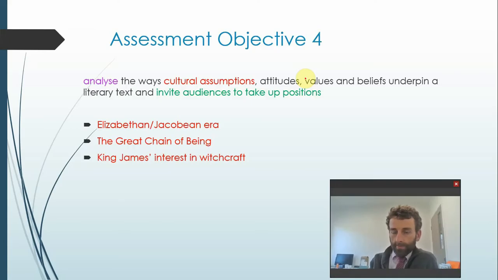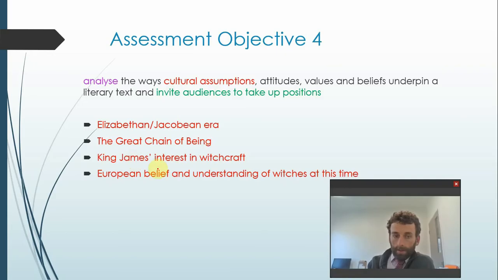Macbeth, as we know, Shakespeare wrote Macbeth specifically for King James, because King James had an interest in finding witches, hunting witches, killing witches. That's one of the reasons why witches are included, but also the cultural assumptions of the Elizabethan Jacobean era, where throughout Europe the hunt for witches was pretty intense.